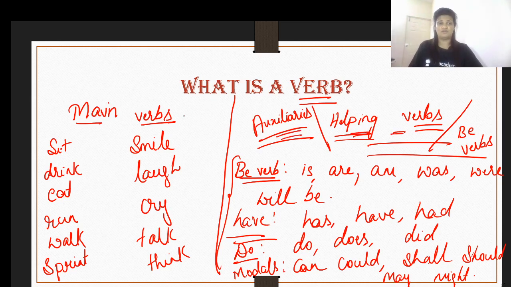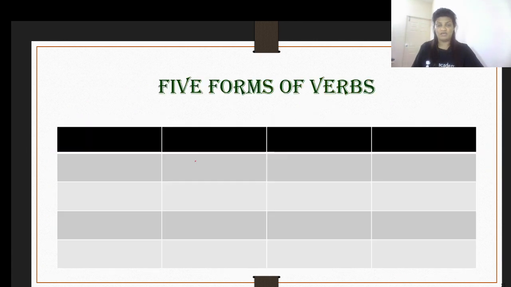Now, these are the verb types. One, main verbs, and number two, helping verbs or auxiliaries. These helping verbs connect the subject with the main verbs. They help in framing a meaningful statement by connecting the subject with the main verbs. Let us now move on to the different forms, the 5 forms that we have when it comes to the